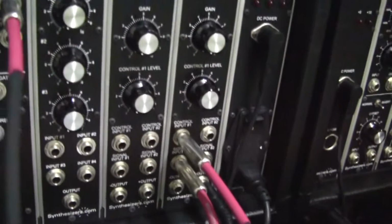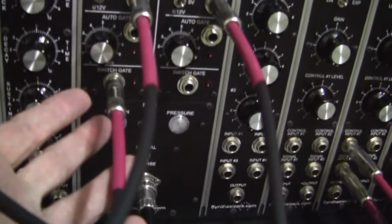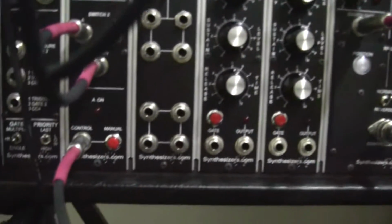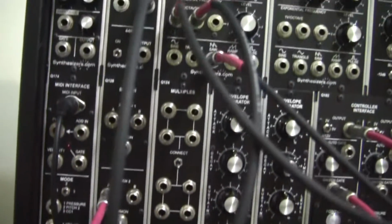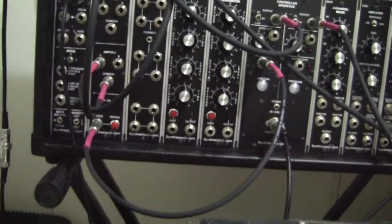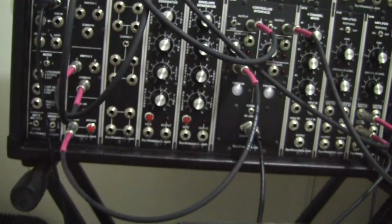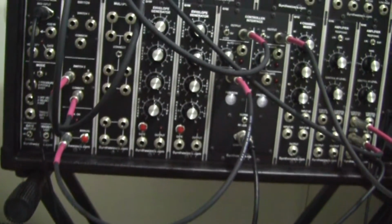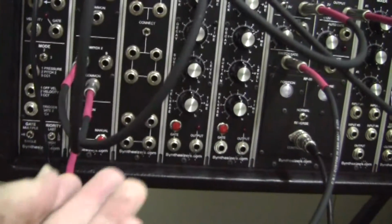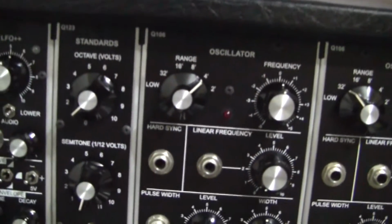And then down below here, as you can see where I'm touching now, you have the switch gate wire coming out, and that goes to the control input of your switch, your Q128 switch. So that switches the switch. In other words, when you press the little black button on the RP-20, you're activating the switch here, and we're using switch number 2. You could just use switch number 1, and what it does is it puts a voltage